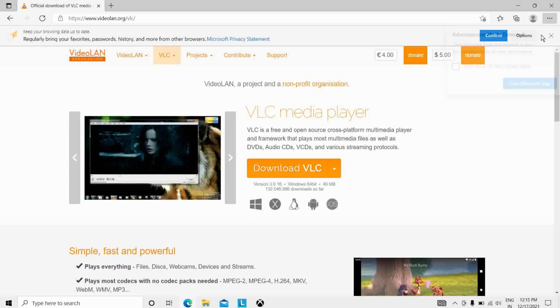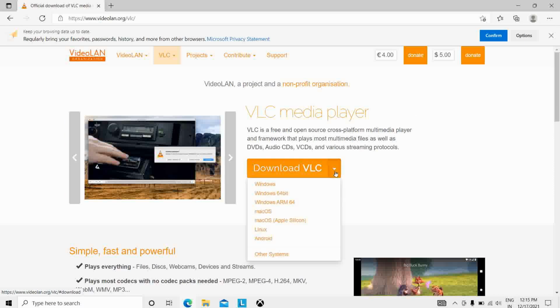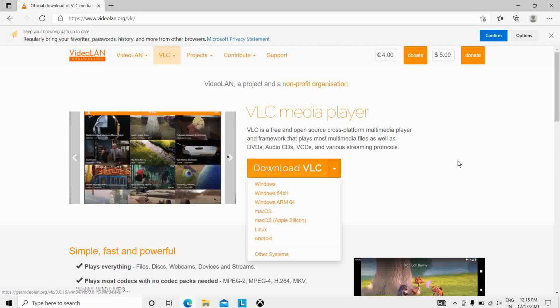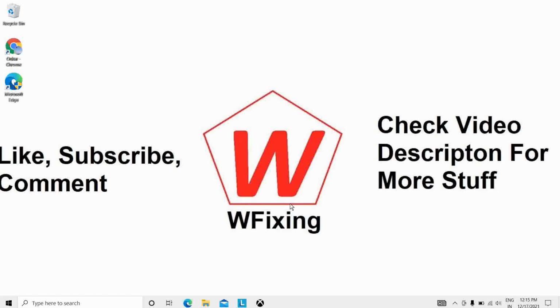So you can see here we have our window in front of us, that is download VLC. Just click on that and you can select Windows 64-bit depending on your PC's configuration, and just download and try to play that.